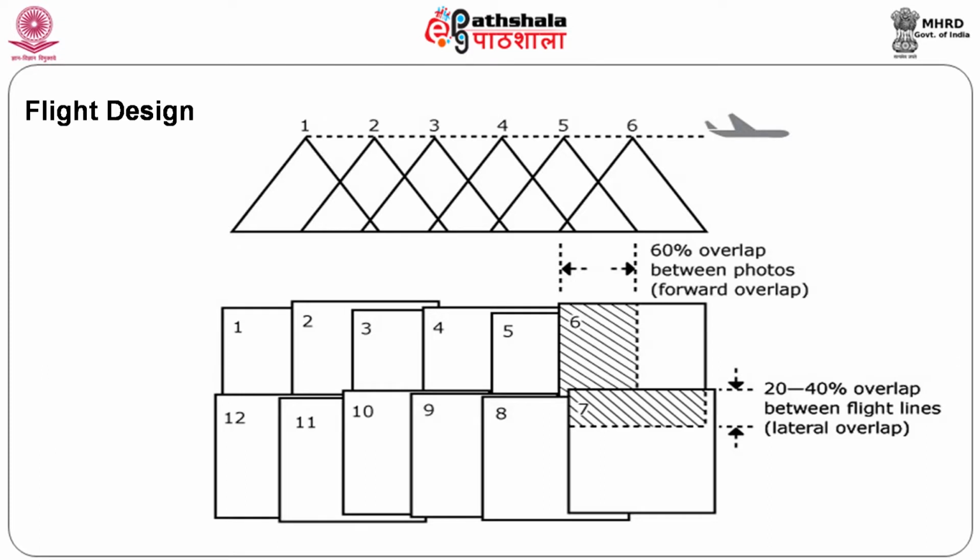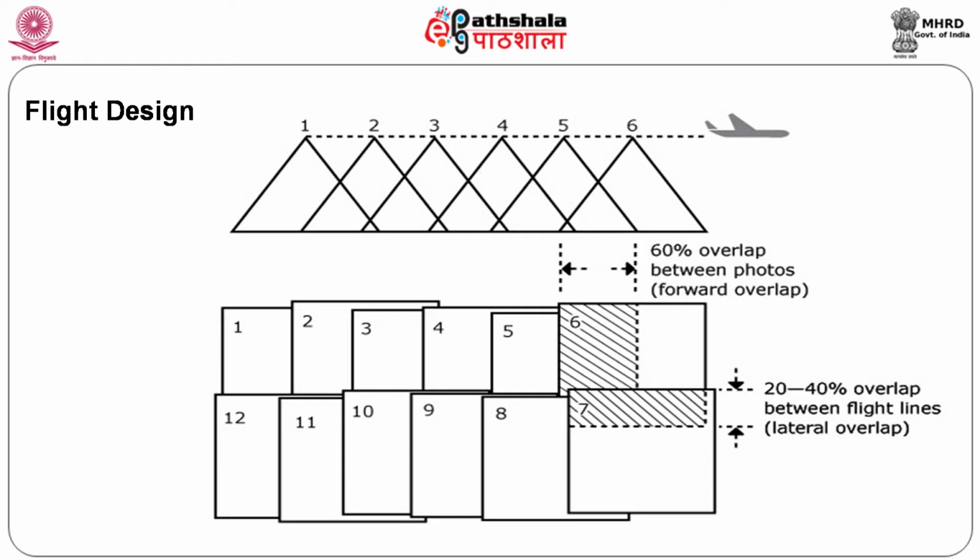So if we look at this slide, you will find this is the way in which the flight path is taken into account. You find exposure stations 1, 2, 3, 4, 5, 6, and the aeroplane will take a turn and come back here. Very importantly, you can see how the overlap is taken, about 60% as I told you. So this is your overlap. Between photographs 5 and 6, 4 and 5, 3 and 4, 1 and 2, 2 and 3 you will find an overlap. Apart from that, between 6 and 7, as I told you, the flight will just take a turn like this and come.